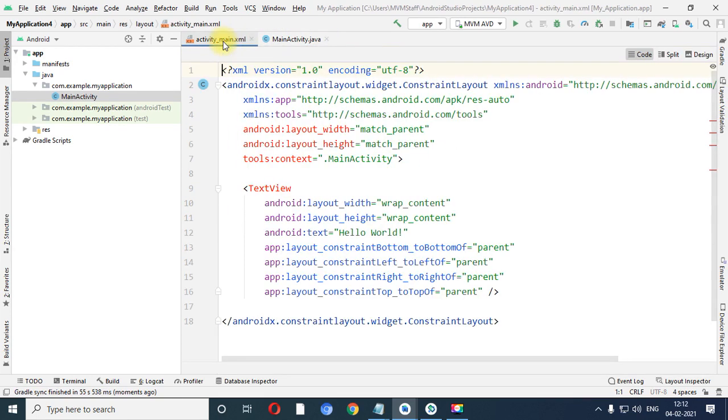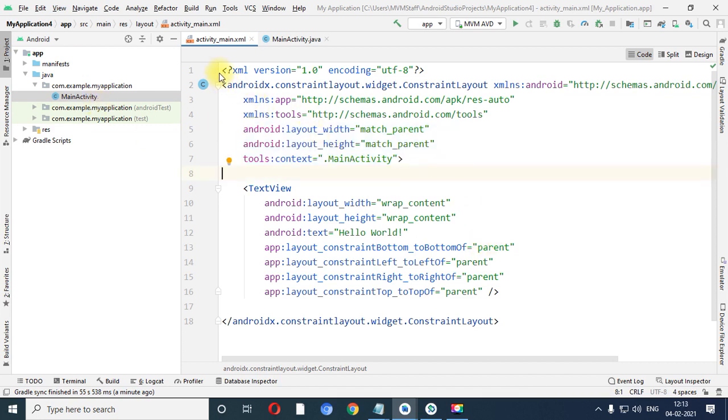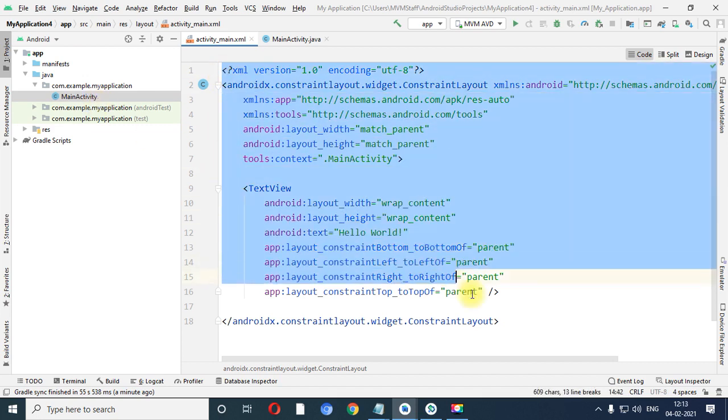When you want to add an activity or any designing control, at that time that can be placed in the activity_main.xml. You can see that when the application is loaded, some red mark is there, right? But now all the packages are installed successfully, so the error will be removed from the XML file.